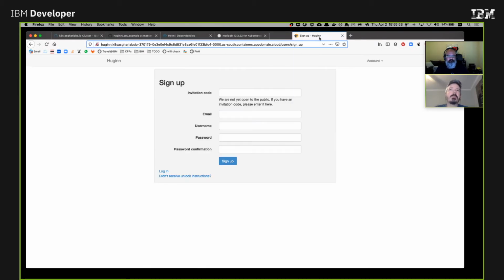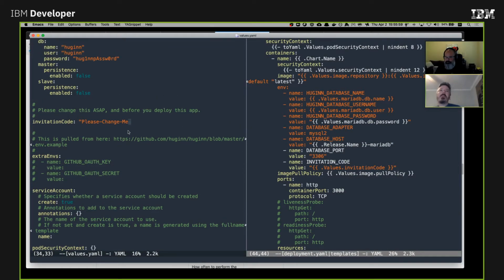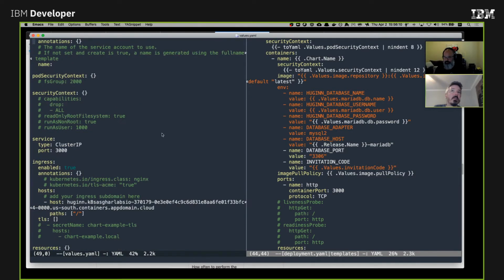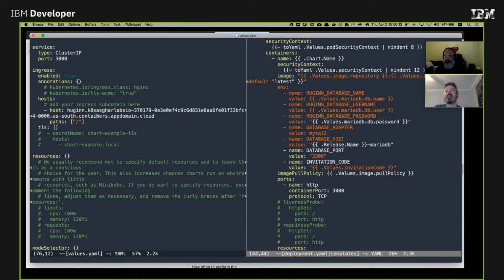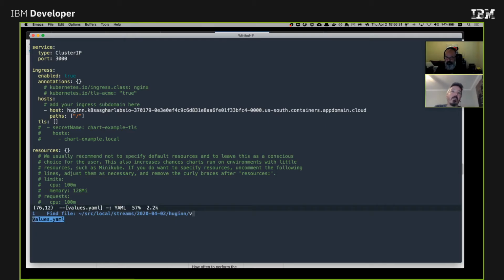Okay. Now, if you go back to your values.yaml. So there's a few things here that are JJ specific, right? At least that ingress URL is JJ specific. Very much so. And so that shouldn't be in the default values.yaml. And in fact, ingress being enabled shouldn't be in the default values.yaml. So what you should do while I'm seeing if I can log in is find anything that's JJ specific